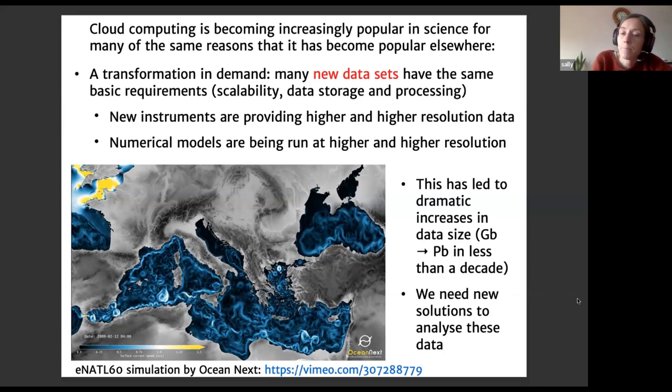And so not only for the storage of these data, but also for the analysis, we need new solutions. This is a still taken from a simulation that was performed by Ocean Next, at 1/60th of a degree. That corresponds to a resolution of about 1 kilometer in the Mediterranean, for example. So you can see the detail that gives. We see all of these eddies swirling around in the ocean. We can see lots of tiny features